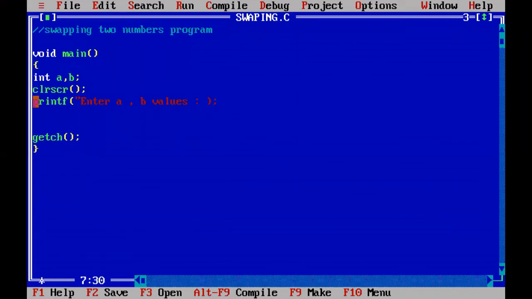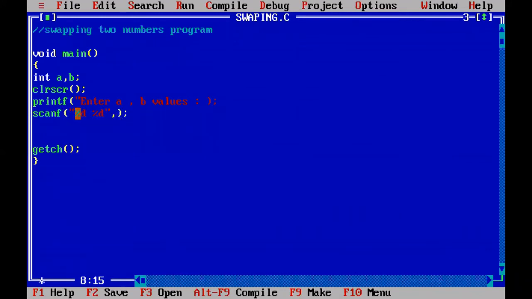Whenever the user is entering a comma b values, you capture a comma b values with scanf. First a value is captured with percentile d integer representation, and second value, that b value, is captured with second percentile d. And from where you are going to store the first and second values, you write down after comma.